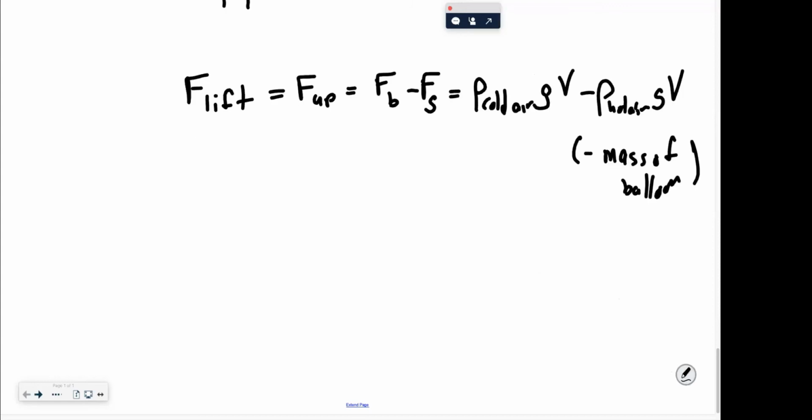Okay, now there's a homework problem, and I can't remember if it's this week's homework or next week's, but there's a homework problem coming up where you have to do this. And the thing that you're going to forget to do: they give you the density of air outside the balloon, they give you the density of air inside the balloon, they give you the mass of the balloon and the basket and the people and everything like that, and they ask you, I don't know, to calculate some density, or I don't even remember what they calculate. It doesn't really matter. The tricky part of this problem will be